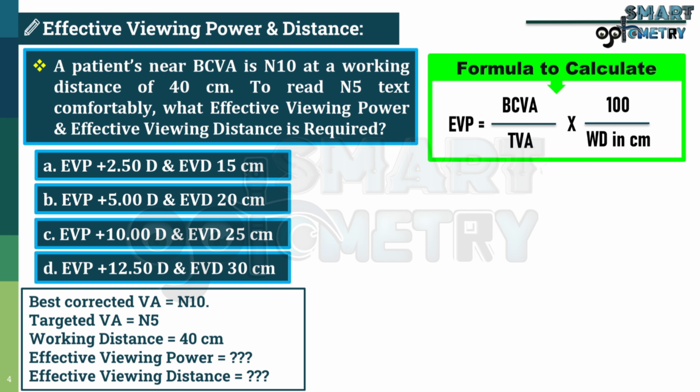This formula will give us effective viewing power in diopter. Now when we get the effective viewing power, then we can easily identify the effective viewing distance, that is